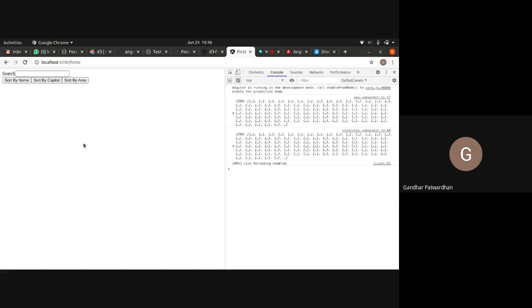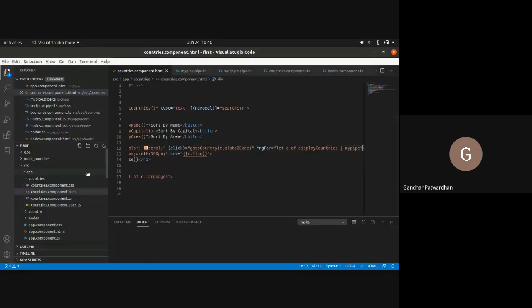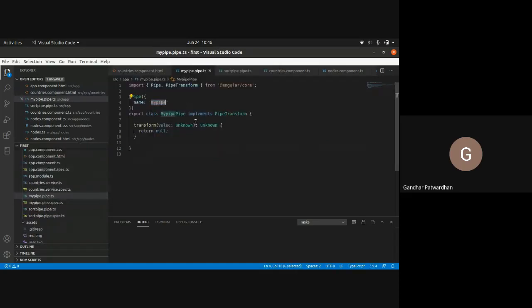As you can see, it is not displaying the countries. Why? Because in our pipe.ts file, we are simply returning null. So we are returning null from this pipe, that array got null, and it is not displaying anything.